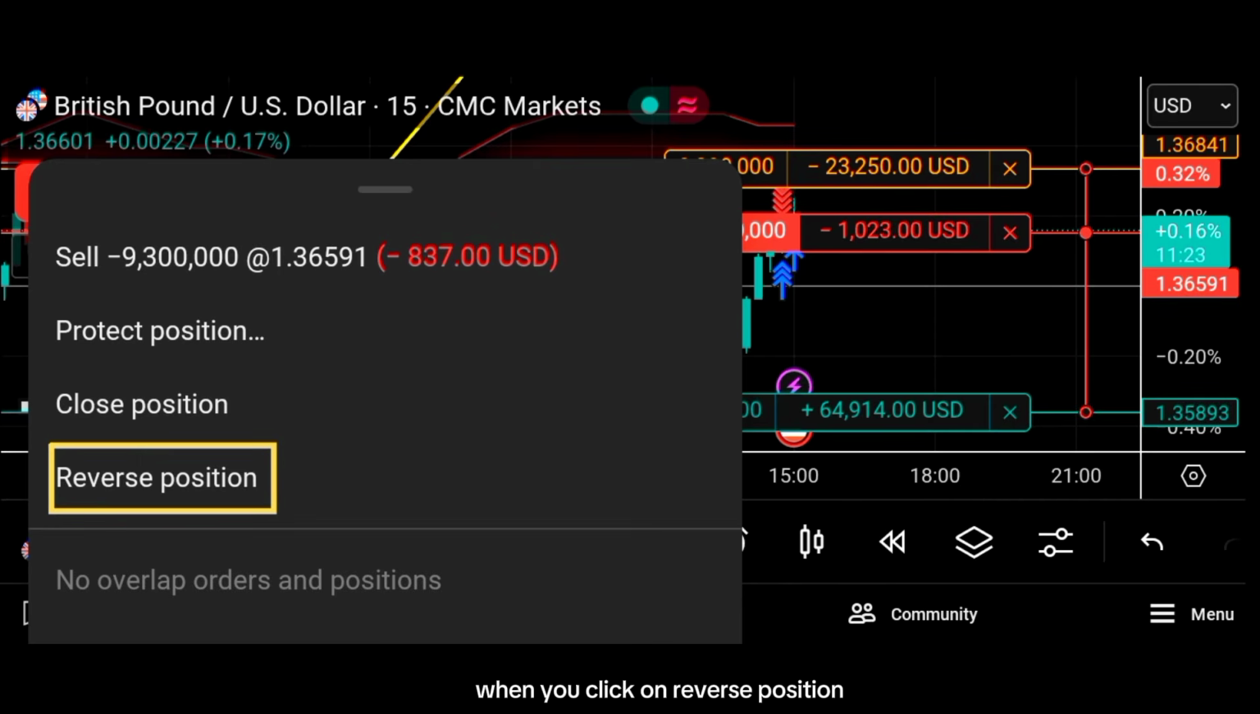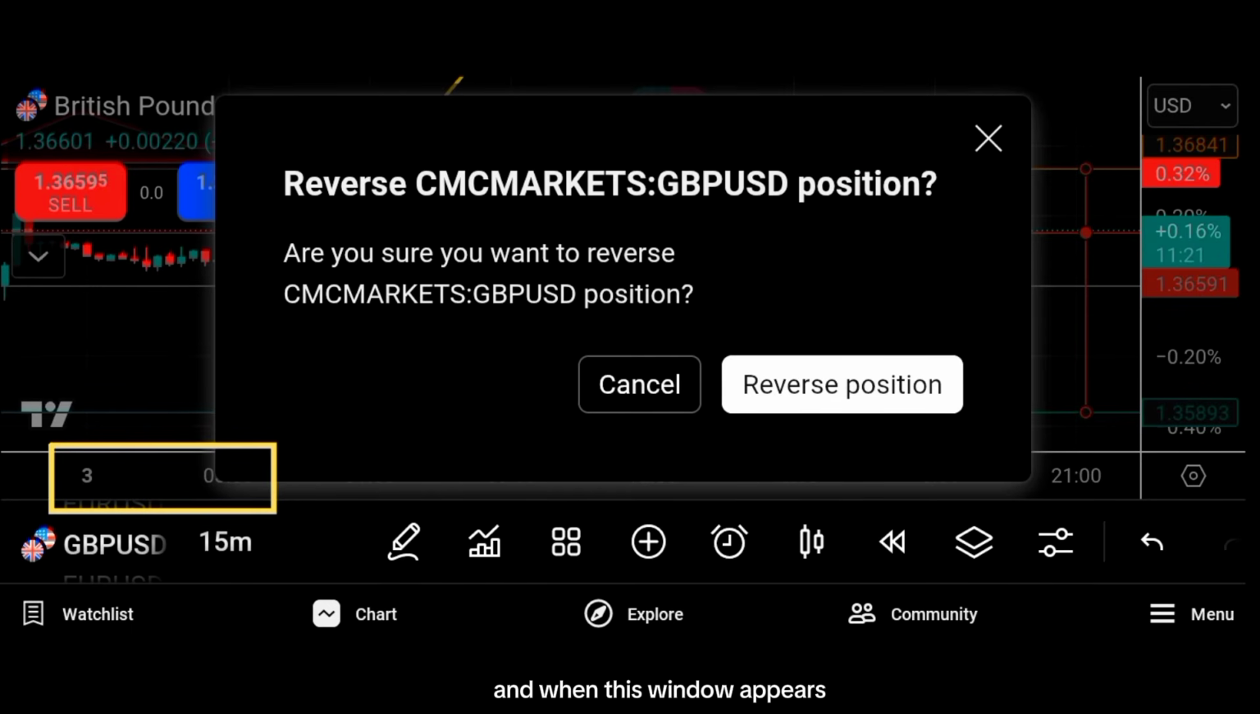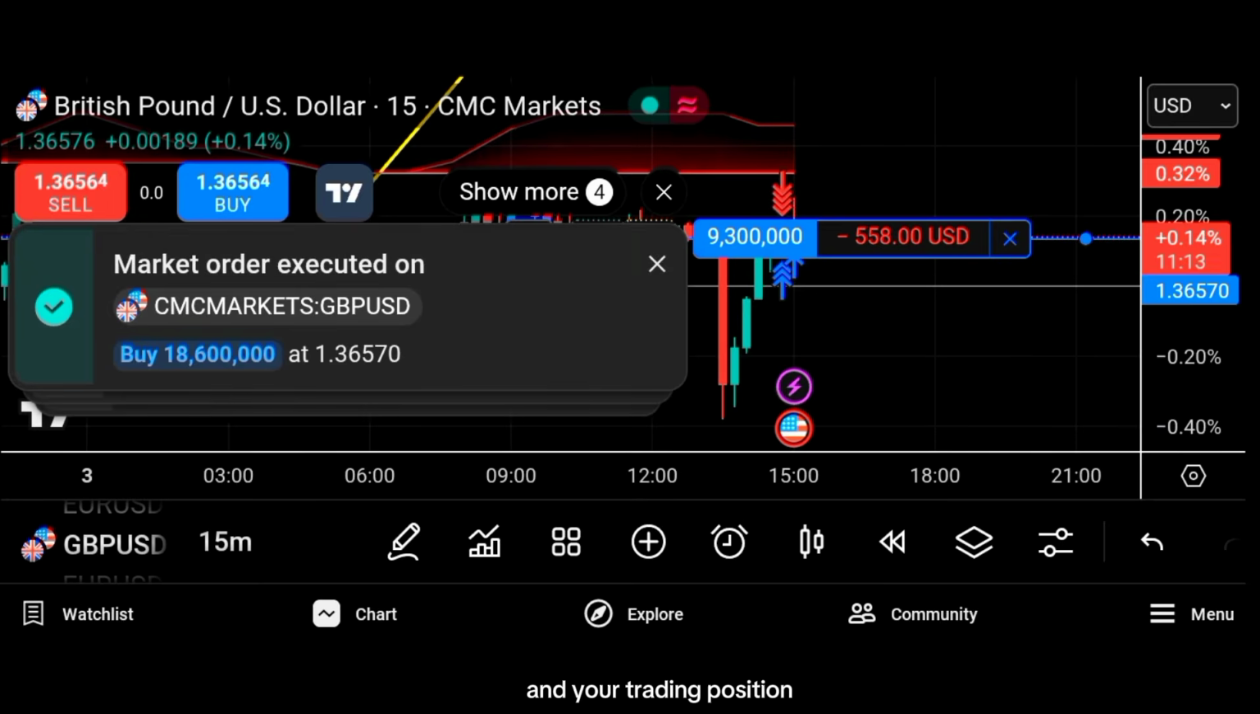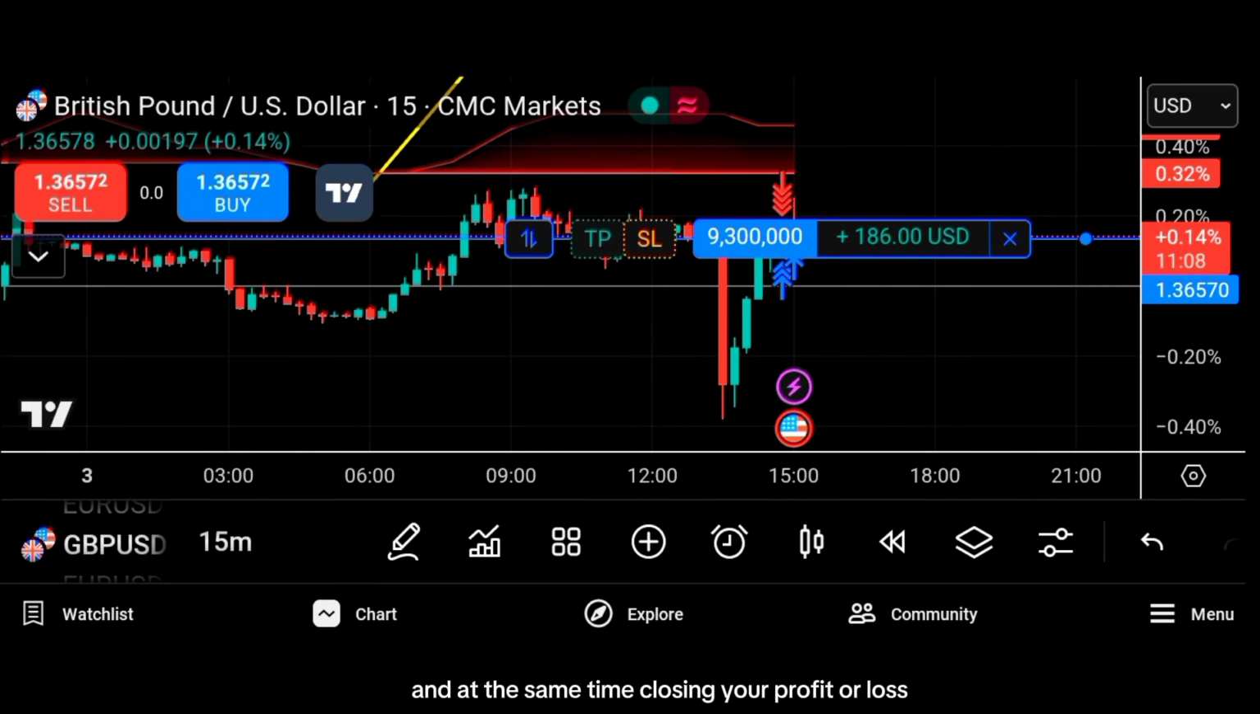When you click on Reverse Position, the market will close your sell trade with the profit or loss that you have made, and then open a new buy position for you, using the same risk and leverage. All you have to do is click on the Reverse Position option. And when this window appears, click on Reverse Position, and your trading position will be converted to the opposite side, and at the same time, closing your profit or loss, which you have made on the previous position. If you want to set your stop loss and your take profit target, you can also do that after the